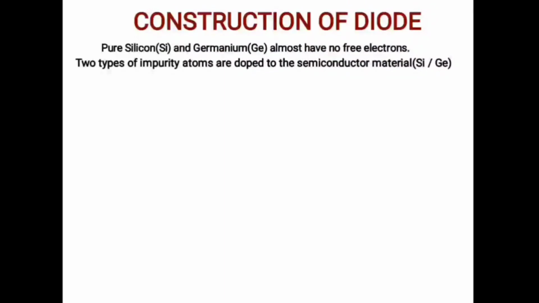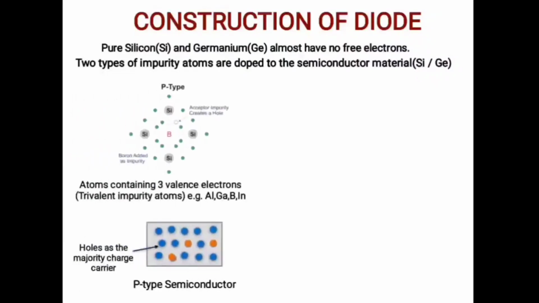To know how a diode conducts current in one direction only, we should understand its construction. Pure silicon or germanium crystals have almost no free electrons. Due to this, to change their properties, they are doped with other atoms as an impurity. To make a p-type semiconductor, silicon or germanium atoms have to be doped with the atoms of a trivalent impurity element